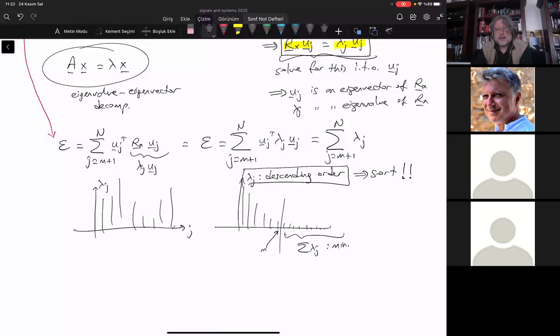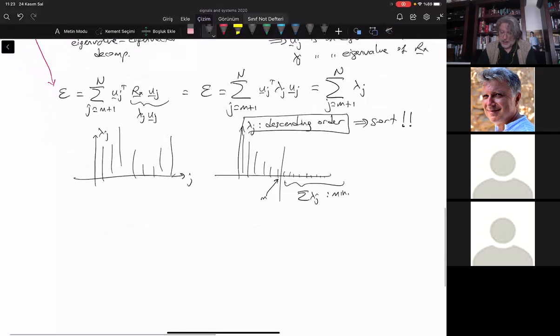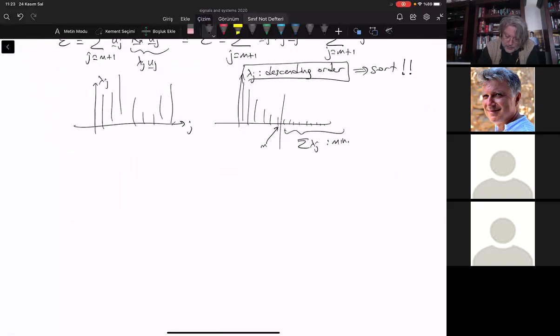Okay, and this is called the Karhunen-Loeve transform construction. But of course, we did not construct the Karhunen-Loeve transform. We constructed the Karhunen-Loeve basis. Let me put it like this. We are making a U matrix with u1, u2, u3, all the way up to u sub capital N, like this,